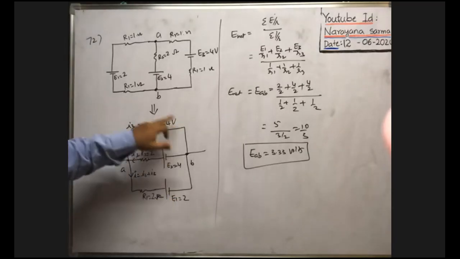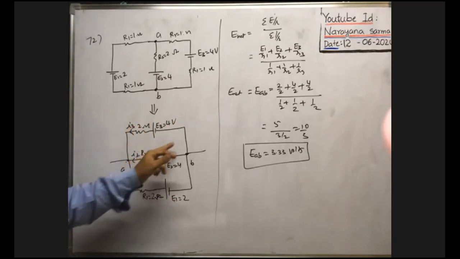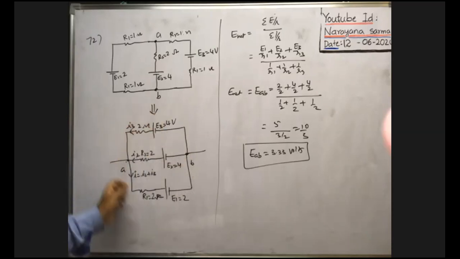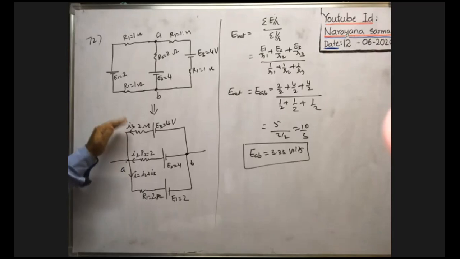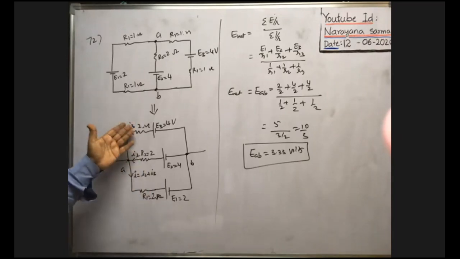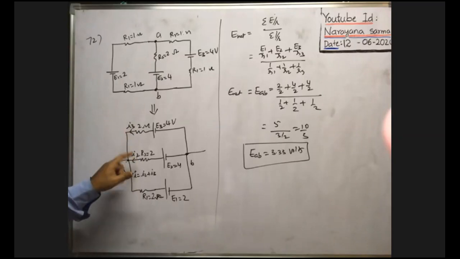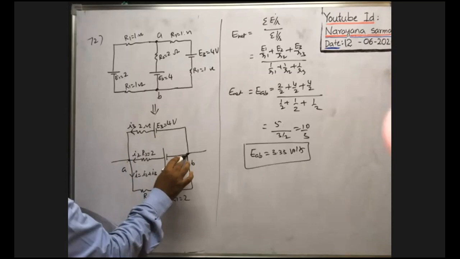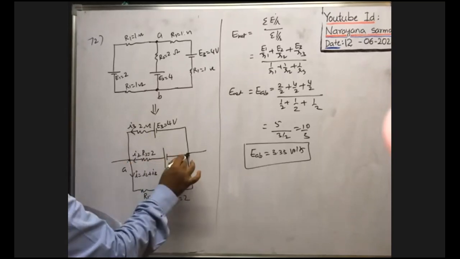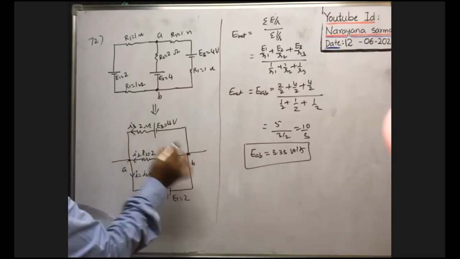Now you apply Kirchhoff's second law for this and for this entire loop. You will get three equations in terms of I1, I2, I3. Then you solve them, and you will get I2, I3, I. Of course, we have to find I2. That is enough. If you know I2, then between A and B you apply Kirchhoff's second law again for this branch of the closed circuit, and you find the potential difference between these two.